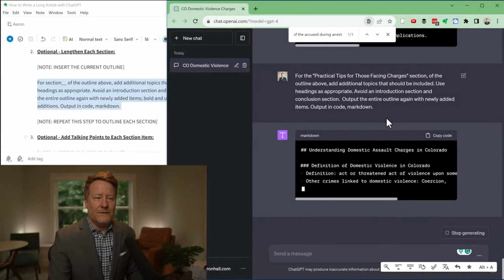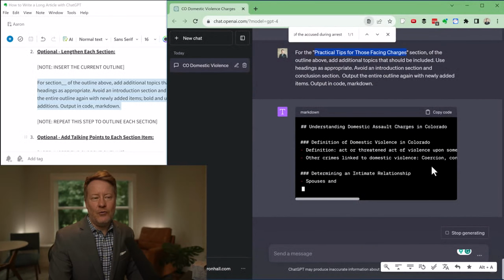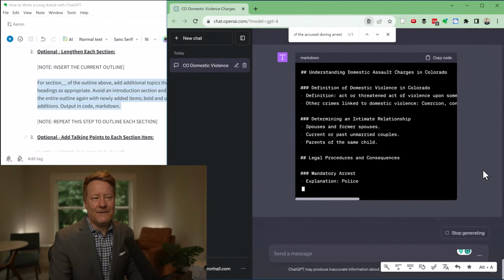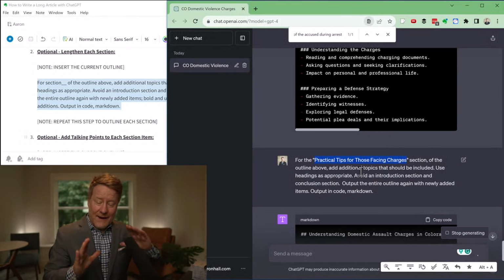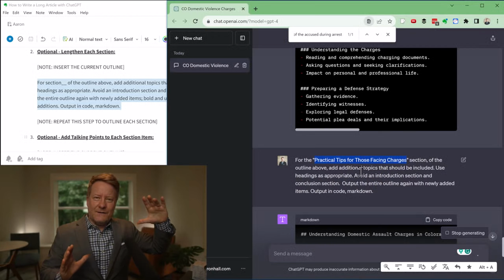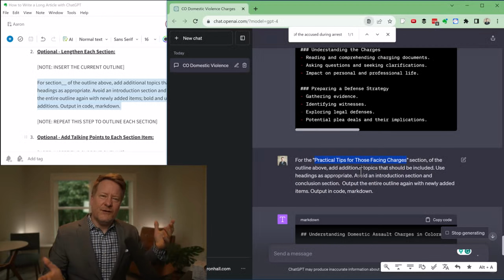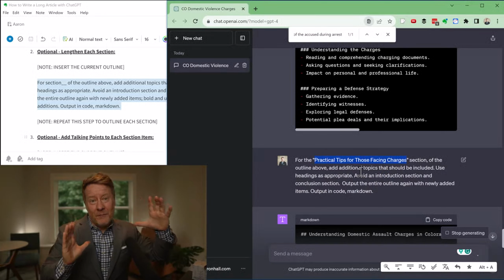All right. So it's providing the same outline again, but it's going to enhance the practical tips for those facing charges. You could do this for every single section if you wanted, and it would make your outline expand. But it starts getting into details that may not be relevant, because the first time ChatGPT went through, it got the big concepts.